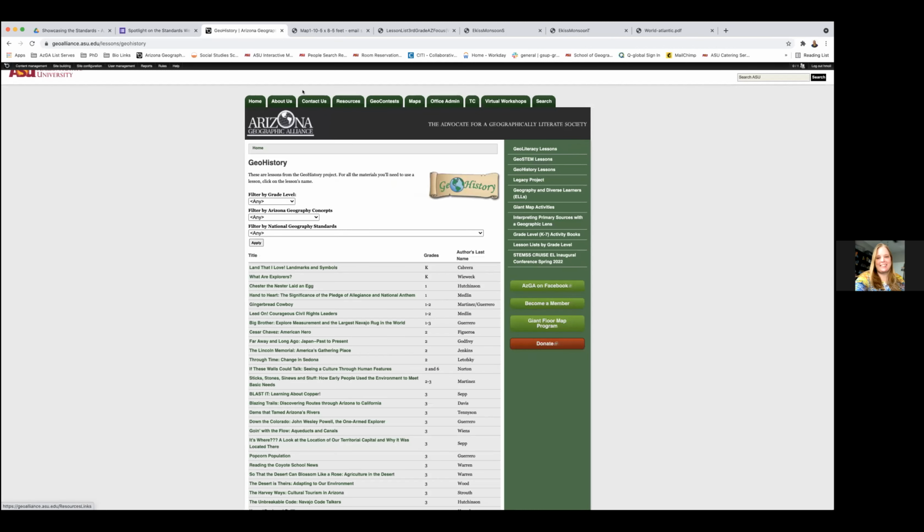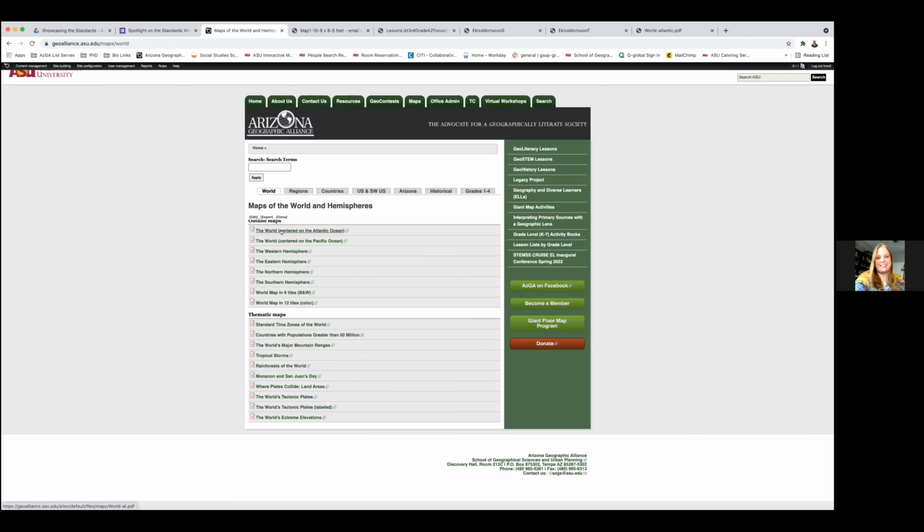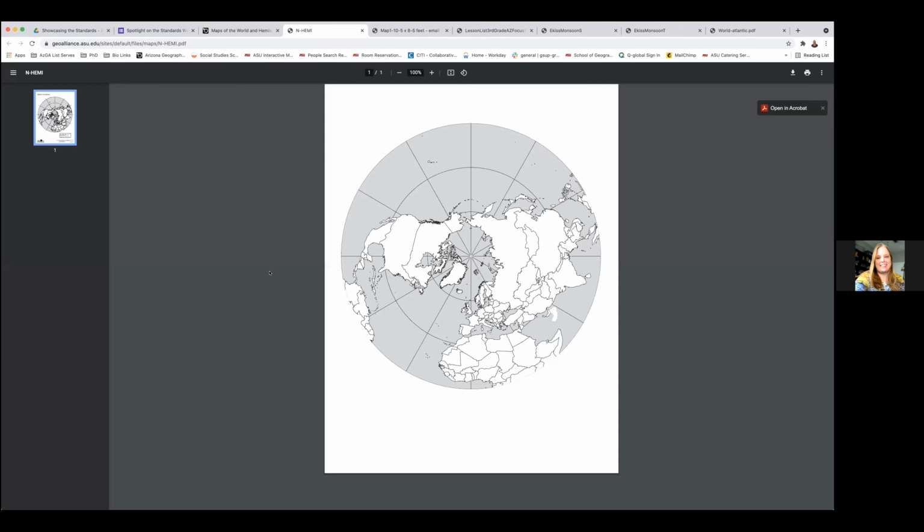And then I mentioned maps. Since I got just a couple minutes left, you can sit and explore this website. But maps we have a ton of. So maybe you just need a map for one of your lessons that you've created. Maybe you just want a world map at the beginning of the year. All of these, again, are free for you to use. Maybe I just want to show the Northern Hemisphere. They are all Blackline masters. And what I mean by that, they're all PDFs. And when you have a computer that's not being temperamental during a presentation, it will load correctly. I promise you that.